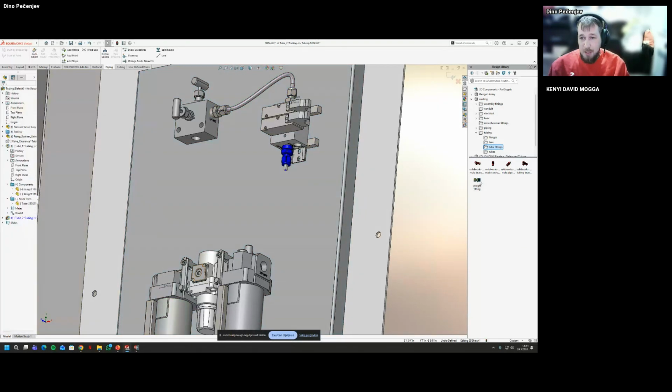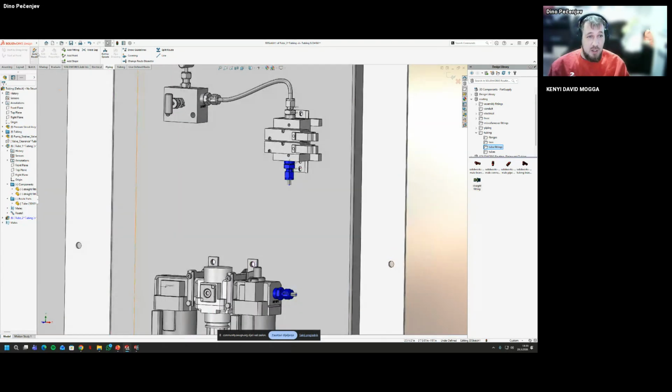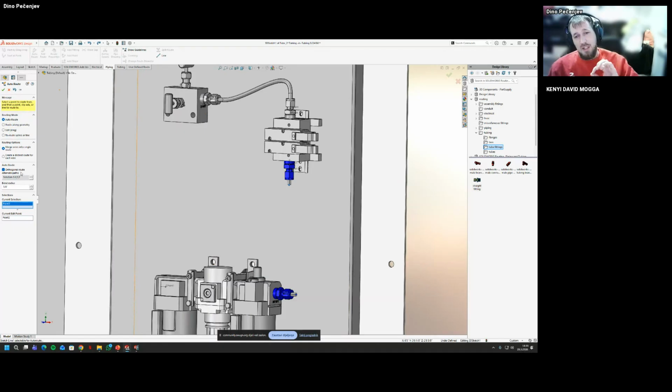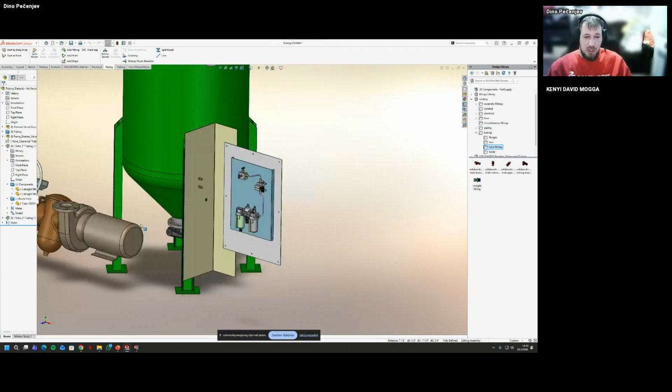So the same thing again, I'm just doing the rinse and repeat action. And regarding the route, here you can see I didn't click use flexible hoses. It then automatically propagates to use orthogonal route. And with this, I can create and finish my route. For this example, this is going to be just fine.